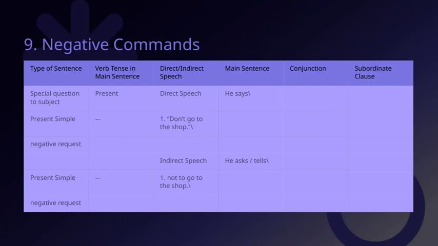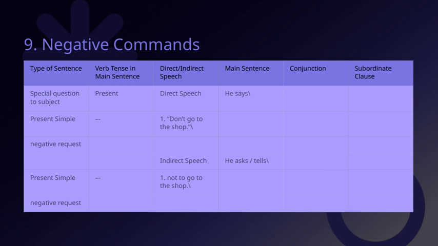Now let's take a look at slide 17, which focuses on negative commands. As you can see, we have a table that helps us understand how to form these sentences in different contexts. First, notice the column labeled type of sentence. Here, we're dealing with negative commands or requests. Moving to the second column, verb tense in main sentence, most of these are in the present tense. This is important because negative commands are often used to tell someone not to do something right now or in the near future. In the third column, direct-indirect speech, we see that these commands can be expressed directly, like don't